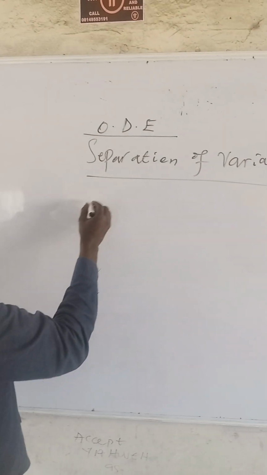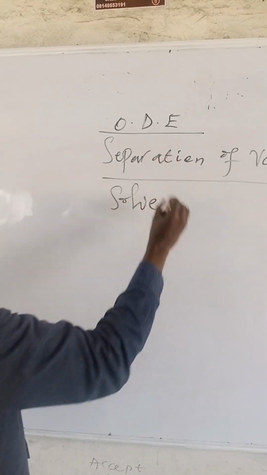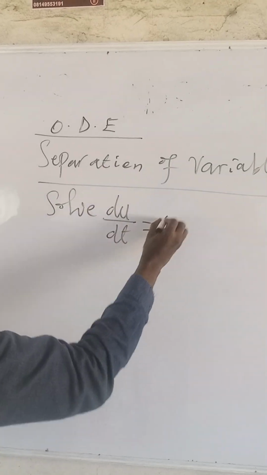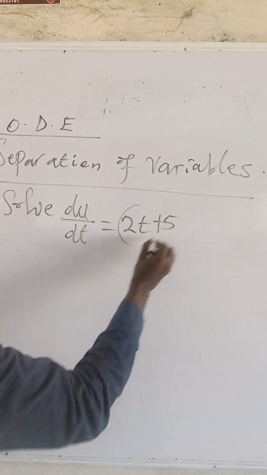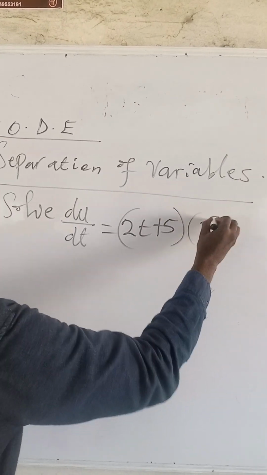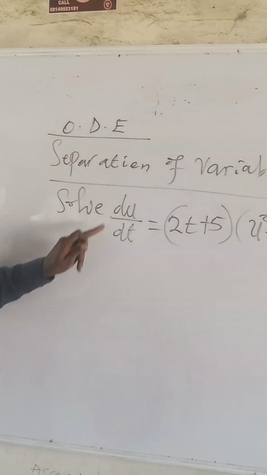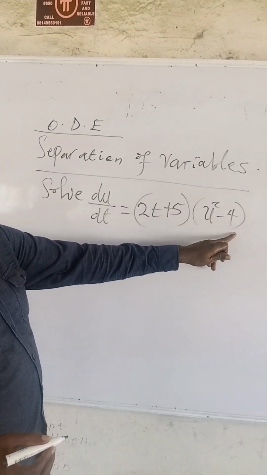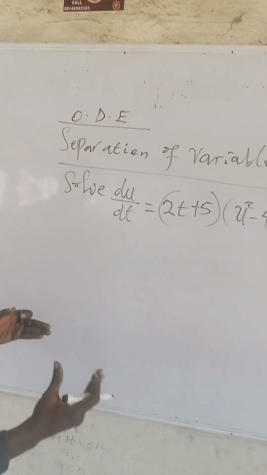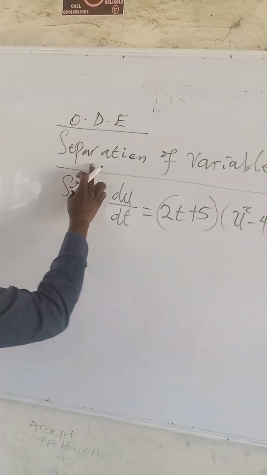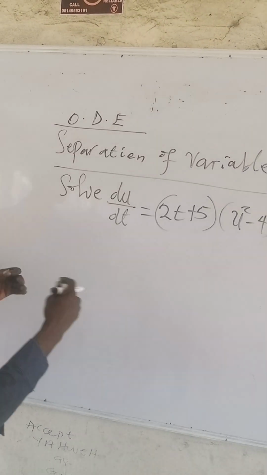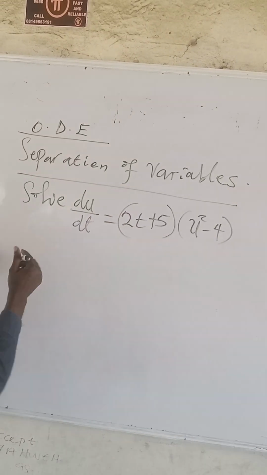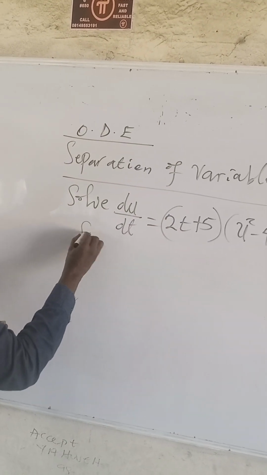For example, you are expected to solve du/dt equals (2t plus 5) times (u squared minus 4). When we get this, considering the separation of variables methodology, all we do is gather the like terms. du and u squared minus 4 will meet, and that will give us, in the solution process,